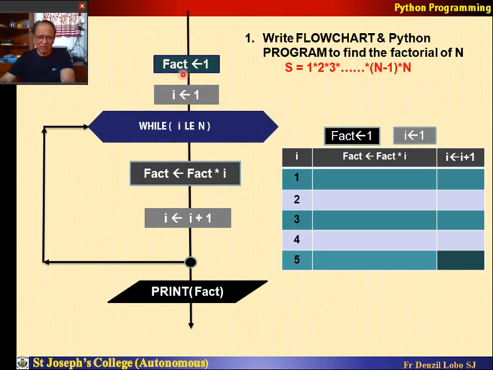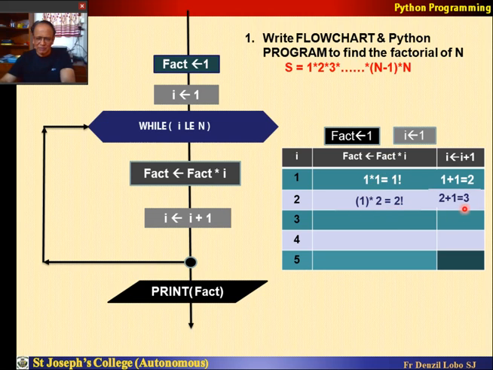We have initialized fact to 1, i is equal to 1. Then I say as long as, that is, while i value is less than or equal to n, I multiply fact by initially 1, then 2, then 3, etc. Then increment the value of i. Let us see how it goes. Fact is already 1, so 1 into 1 is equal to 1. Now i becomes 2. Then fact is equal to the previous factorial, 1 factorial, into 2,